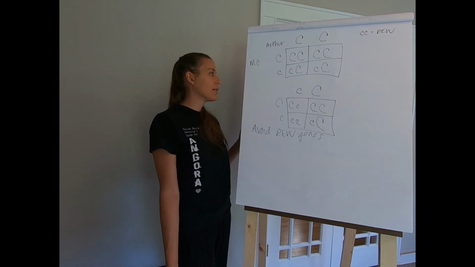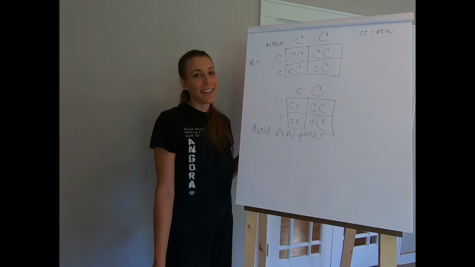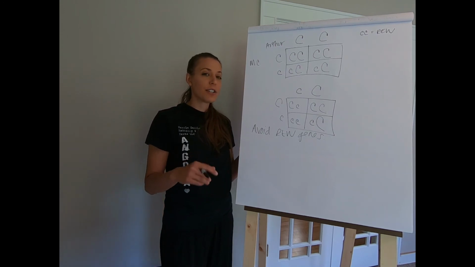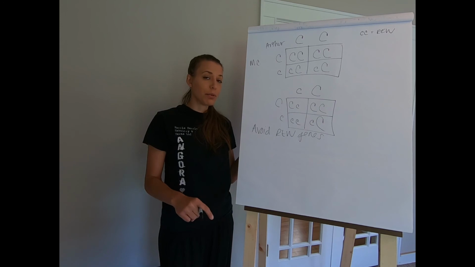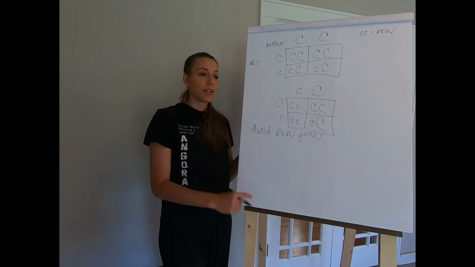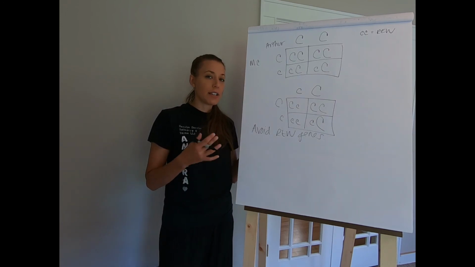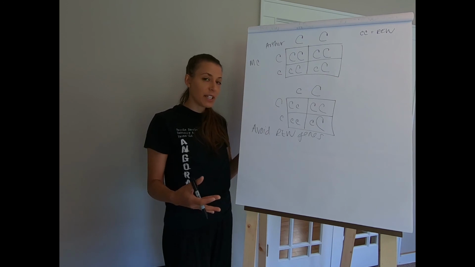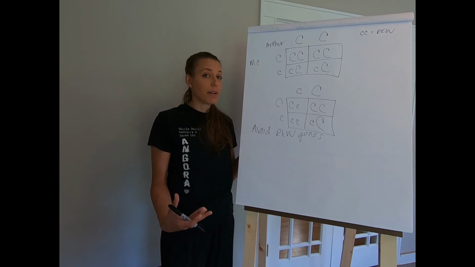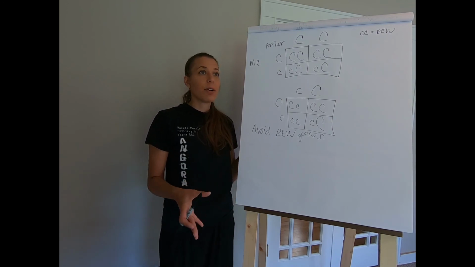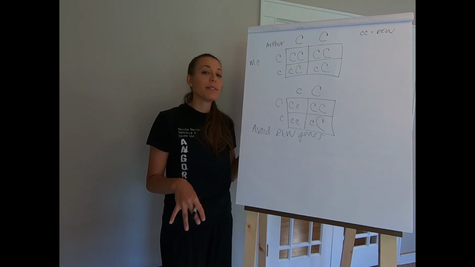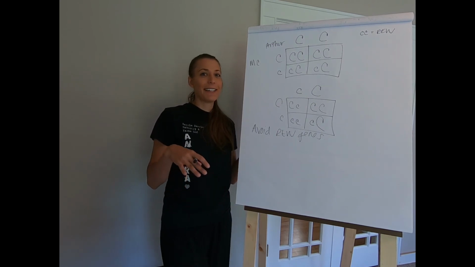The same thing can go for your Vienna carriers. If you are unsure if your rabbit carries the blue-eyed white gene, you breed it to a blue-eyed white rabbit, and if you have blue-eyed white rabbits in that litter,